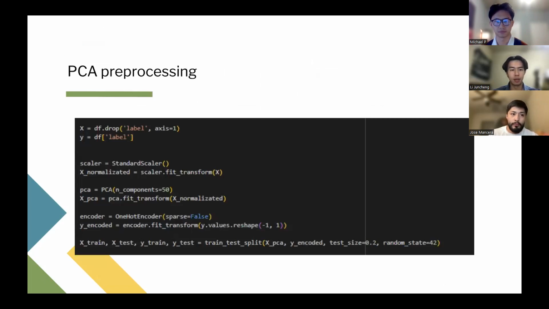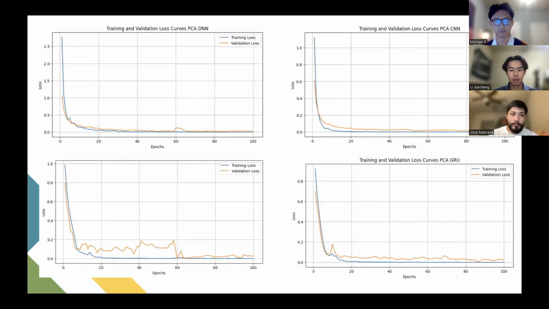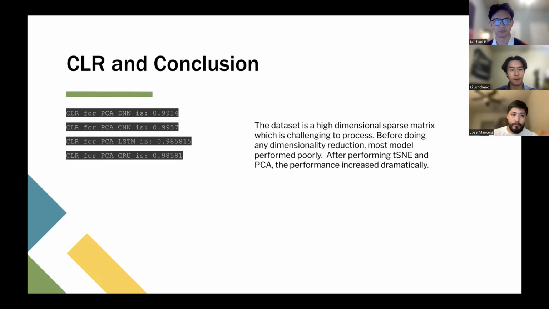And lastly, we did PCA pre-processing. Here's the results. It's very similar. CLR for PCA for all the models is 98%, 99%. And the data set is a high dimensional sparse matrix, which means that many of the cells in the data set are 0,